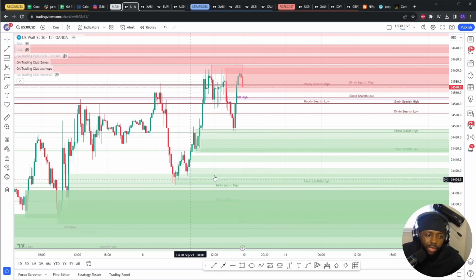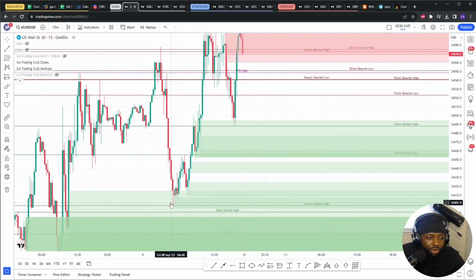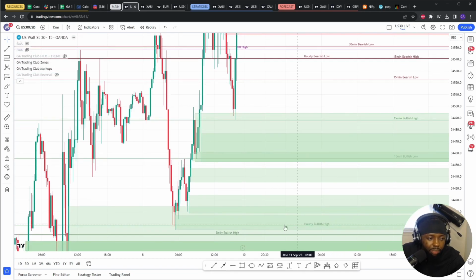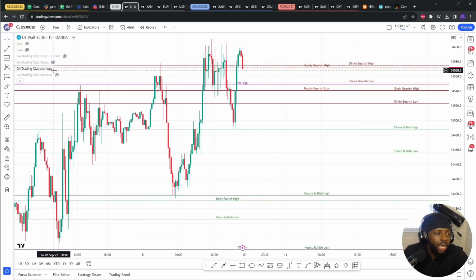Now, if we were looking to buy and we had, for example, this daily bullish order block, and you can see here US 30 exactly rejected from this daily bullish order block exactly to the pip right here, we would have wanted to see buyers sitting here, and you can see this concentration of buyers that are there. So ideally, before we even started focusing on the SAR strategy, we were focusing on the zones and markups